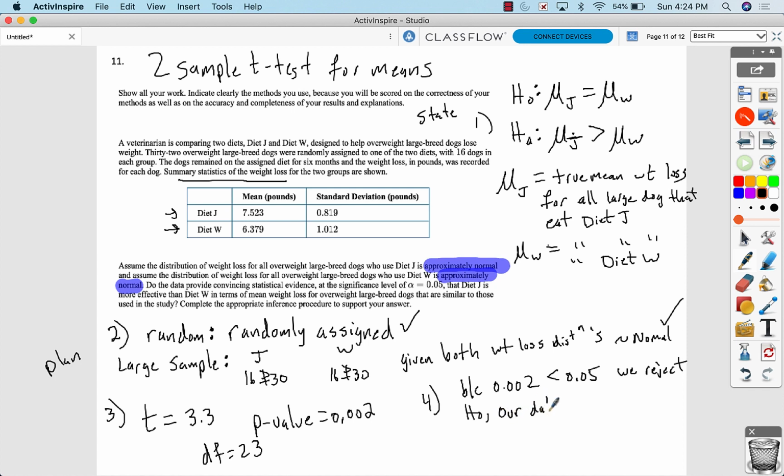Our data found convincing evidence. You could write at a 5% level if you want. That diet J is more effective